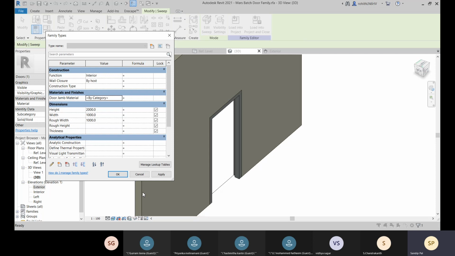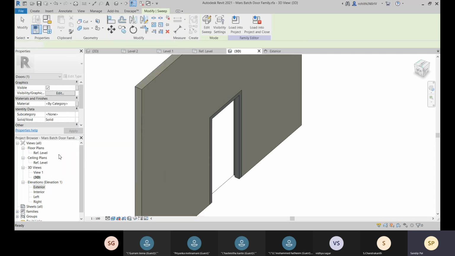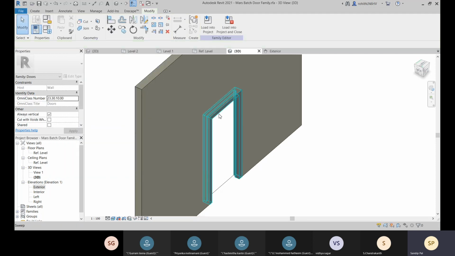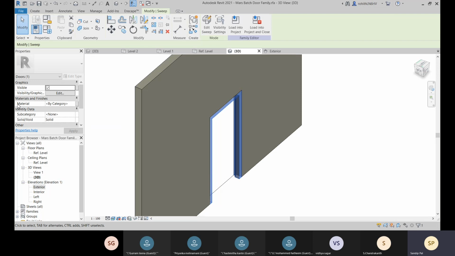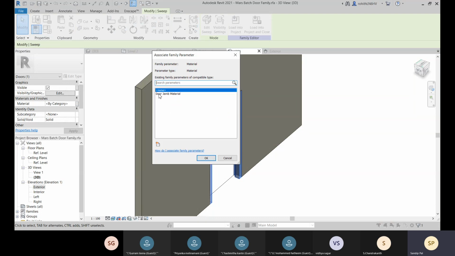So that is created, and you click on apply, and now you select this door jam over there, and here you can see that this material option is there, and here you have this associate family parameter. Now you see that this door jam material is listed over there. So this thing you can also create from this option, new parameter. From here also you can create.